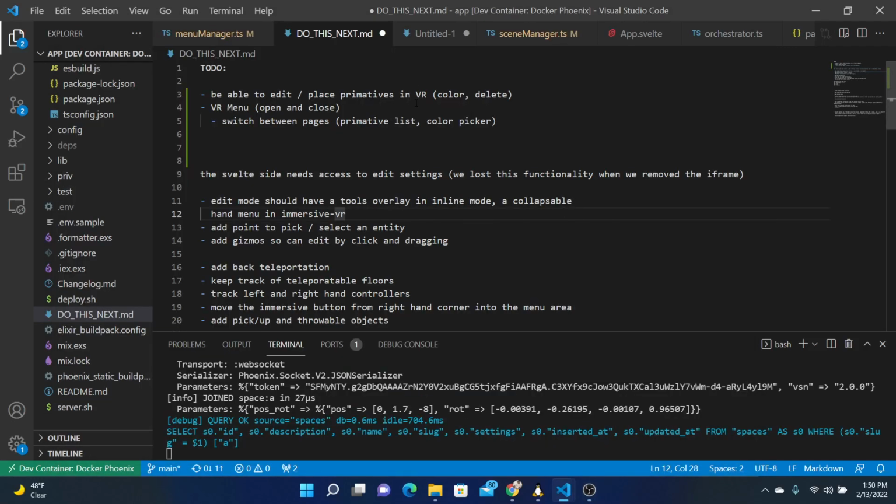Okay, I want to make some progress on the VR menu. So the ultimate goal, or the next big goal, is to be able to edit and place primitives in VR, change the color of the object, delete an object. And we have this working through 2D menus, either with Phoenix Live View, which we sort of ported to